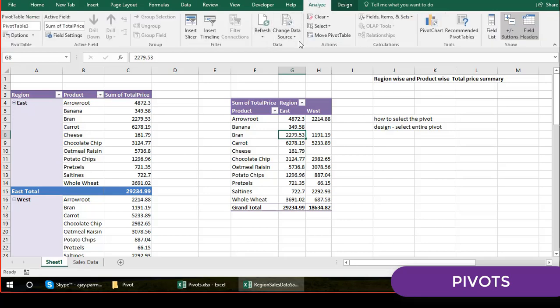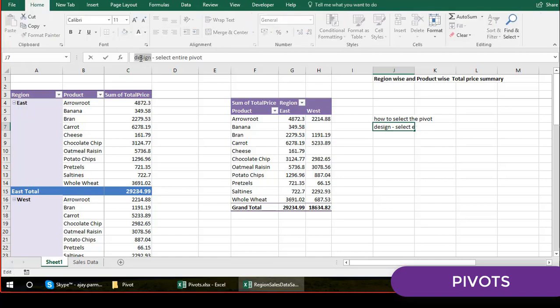In the analyze, sorry, select and then the entire pivot. This is where it is, in the analyze. For me it is analyze, for you it may be a different window if you are using a different tab.